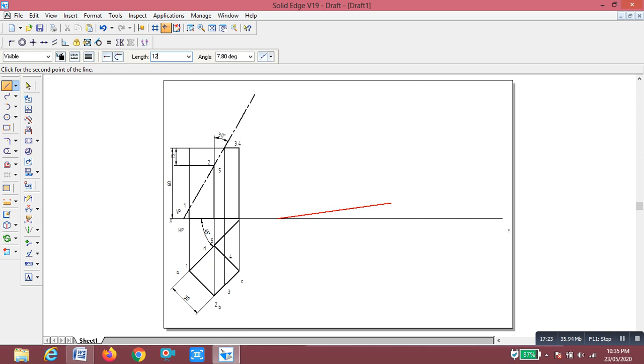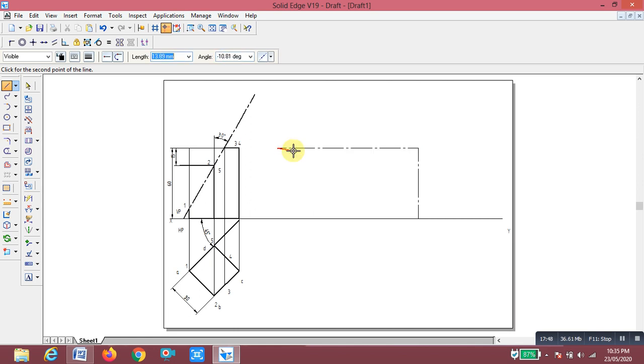Then height of 60, enter, makes an angle of 90 degrees, enter. Again this is 120, enter, angle of 180 degrees towards left. Then join this.